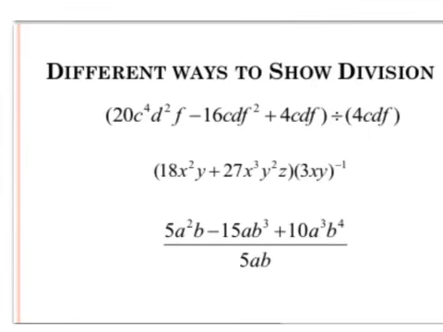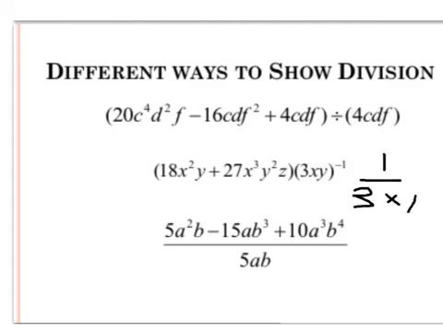Real quickly, here are 3 ways that you might see division shown. The first one is, obviously you have to have a polynomial first, but they'll use the divide sign, something that you're used to, that divide sign by a term. They also might show it like, it seems like they're multiplying here, but they're not. This -1 really means, for us, it means 1 over